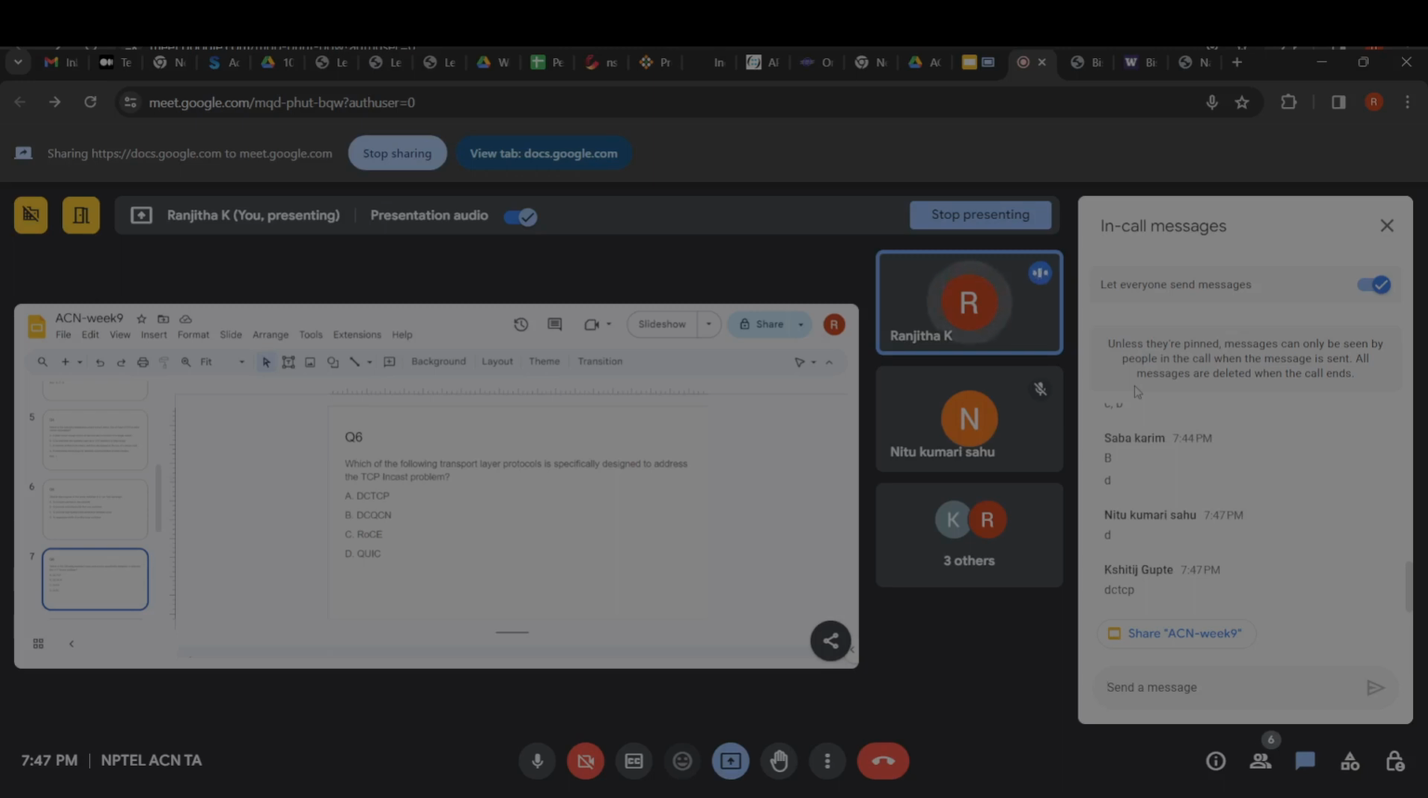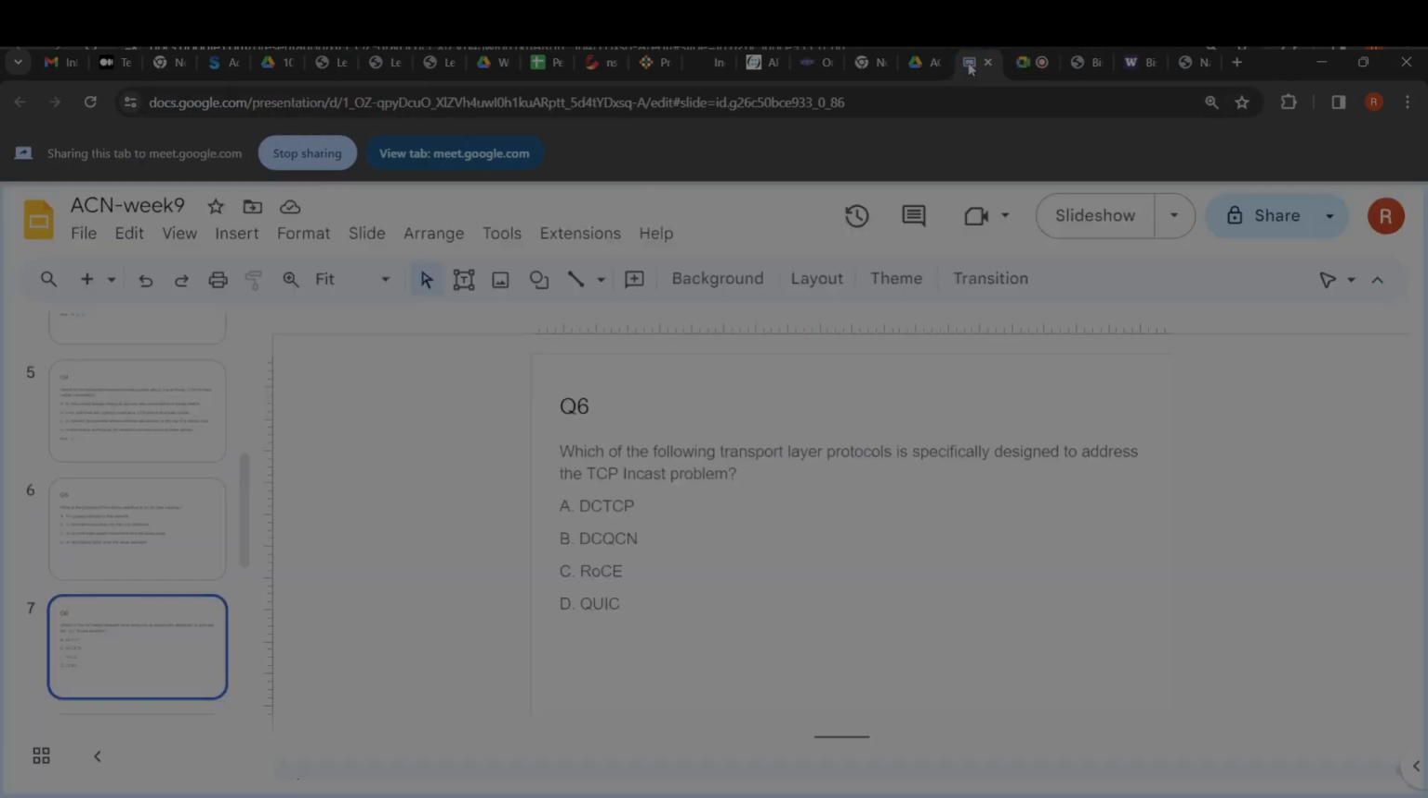It is DCTCP, Data Center TCP, which is designed to solve the incast problem. I hope you understood what the TCP incast problem is. Right, the answer here is